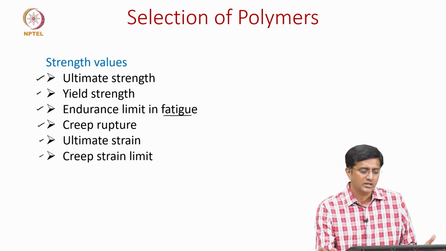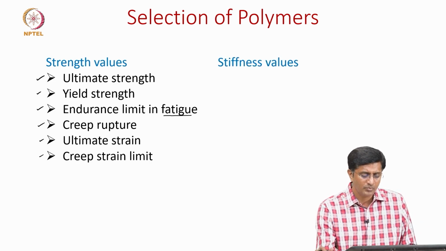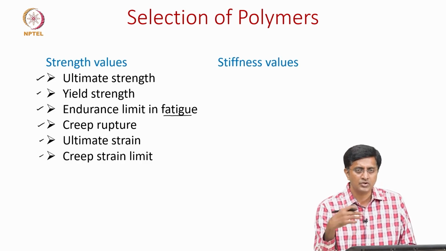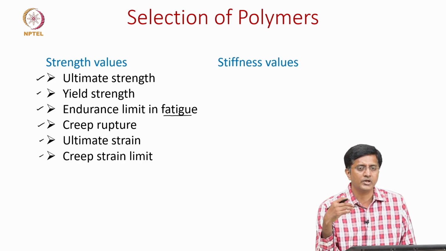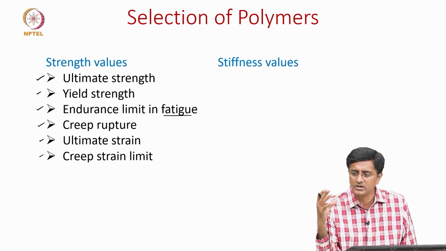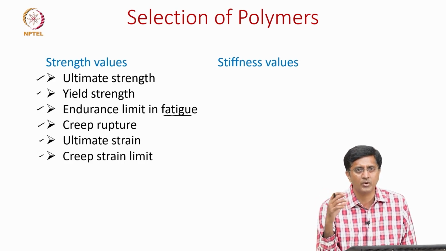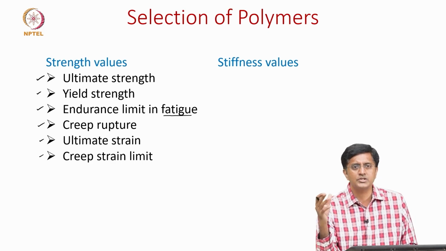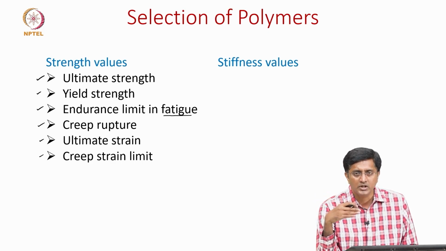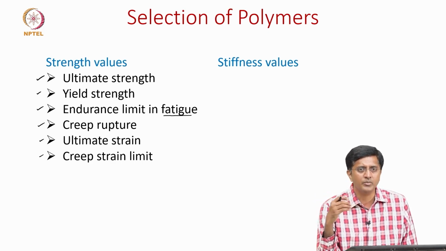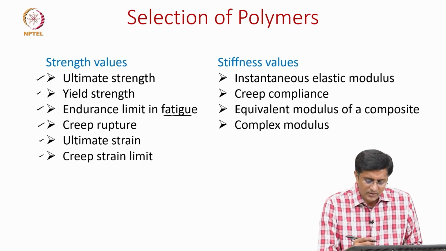Then the other selection criteria will be based on stiffness. It is not always failure that we are interested in, we are also interested in stiffness, meaning how much the change in shape is there. If you apply a load, maybe there is a change in shape. Sometimes the design is good or bad based on whether it changes shape too much or too little. So, within these stiffness values,